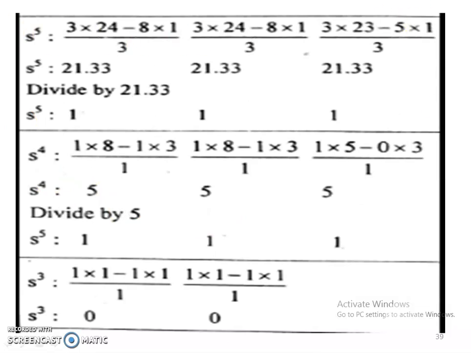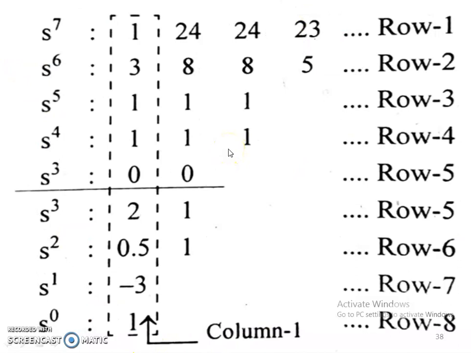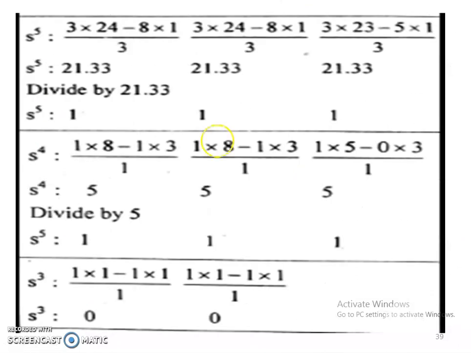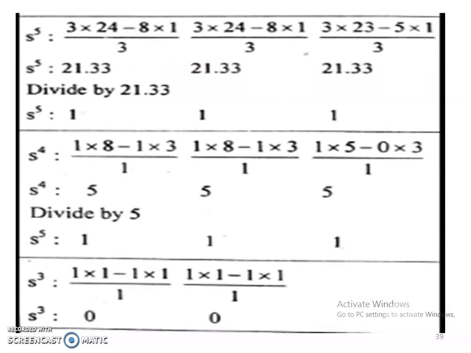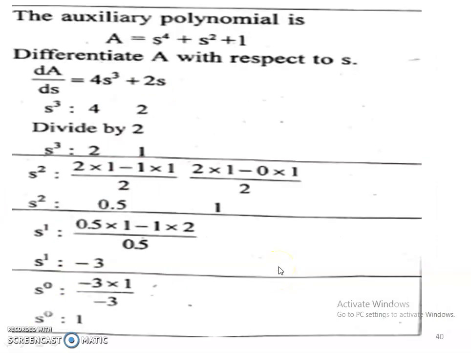So this is the step for doing the Routh array. Here you are getting one full row as 0. When you are getting a full row as 0, what we have to do is take the auxiliary polynomial, differentiate it, place the coefficients of the polynomial in that particular row, and proceed.